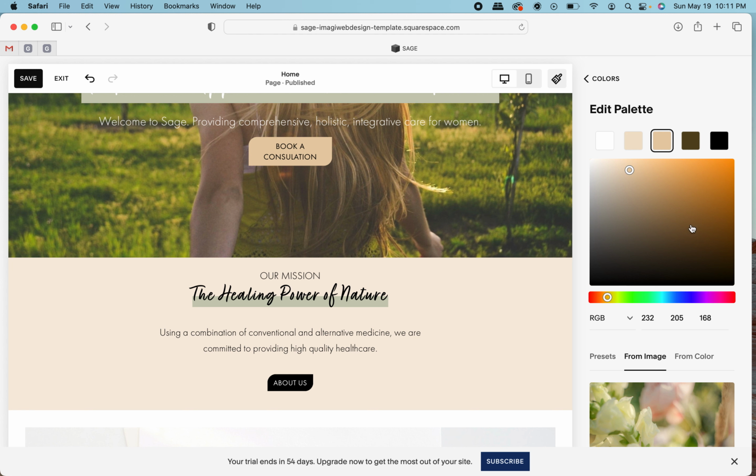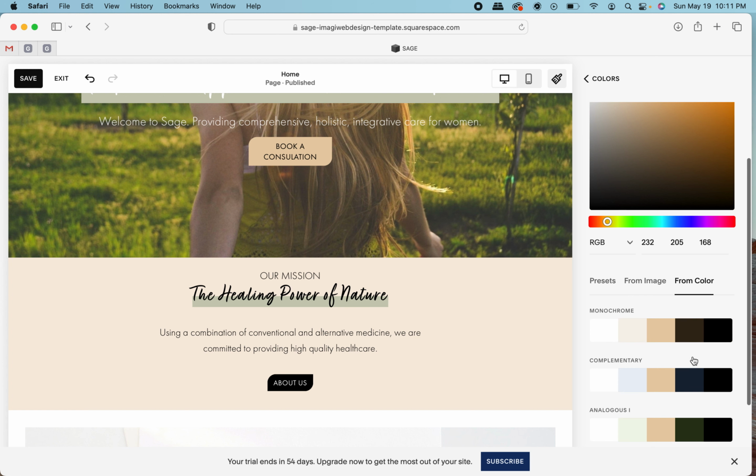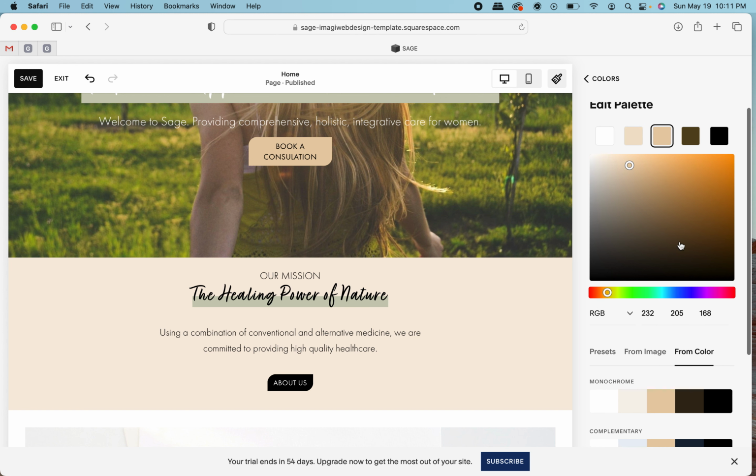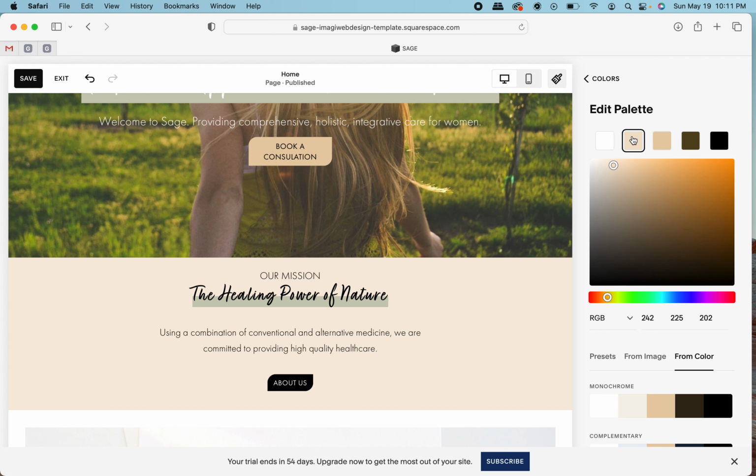Now, another way that you can change the colors of your website is using the third method, which is selecting specific colors. If you have brand colors or a specific color in mind, you can manually enter these to customize your palettes directly. And here, once you are on this, you can use the color picker to find the perfect shade. So for example here, once I want to change this one for a more greenish look,